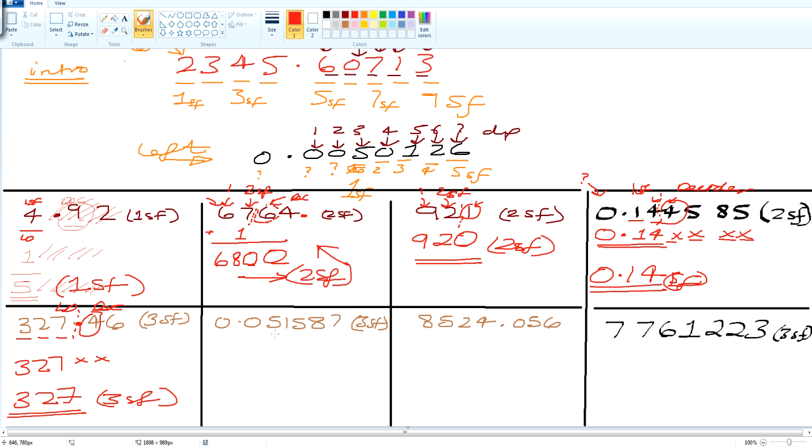So here we go. Where's my first SF for the next question? Is it here? Is this first SF? Is it here? And this one? Yes. First, second, and third. Dot, dot, dot, dot. This becomes my last digit. That becomes my decider. Now my decider is 5 or more. That's correct. So we add what? 1 to the last digit. So we get